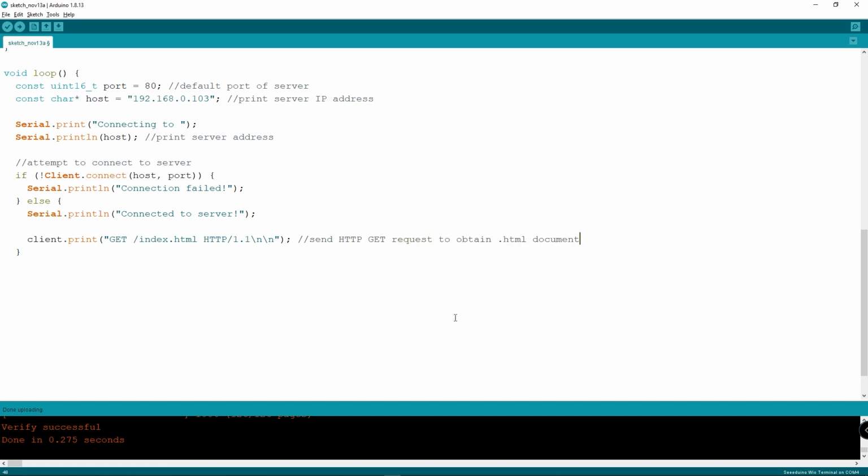Next, store the max loop as an integer. After that, wait for the server's reply to become available.